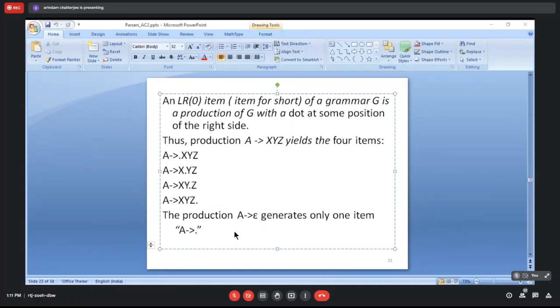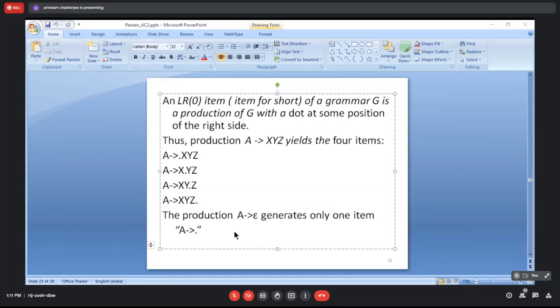Rule number 1: S producing L equal to R. L and R are non-terminals. Equal to is a terminal symbol. S producing R. This is the second rule.